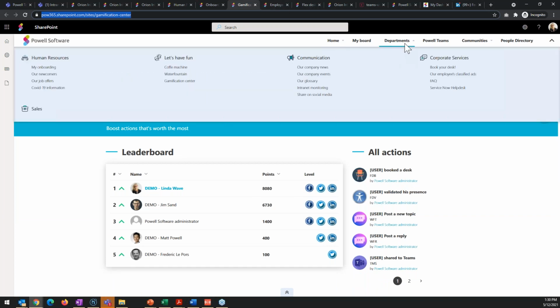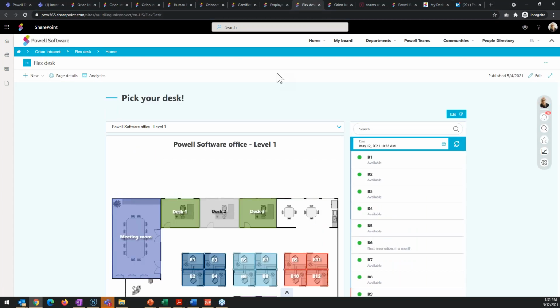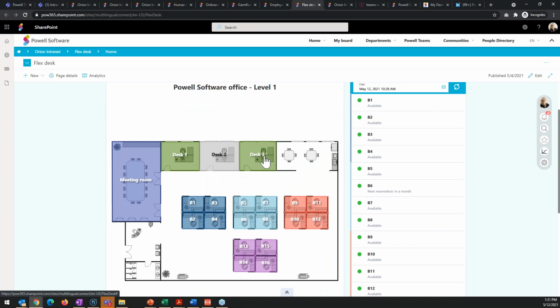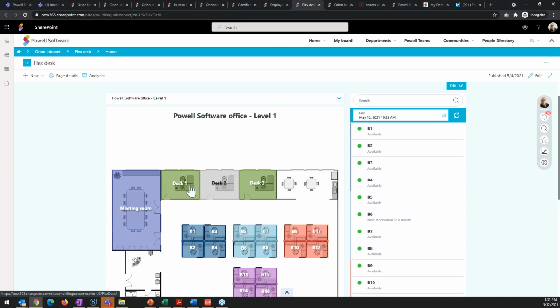Now, another thing I'd like to show you is the Book Your Desk application here, which really reflects the way we work at Pair Software and really our DNA. 95% of our roadmap is based on partner and customer feedback. Last year during the pandemic, a lot of organizations were requesting systems to be able to book desks before reopening the offices. And we came up with this new web part, which is again included in the subscription, called FlexDesk, which allows you to easily upload a map that you can then map with certain areas so that your users can book their desk before going back to the office.